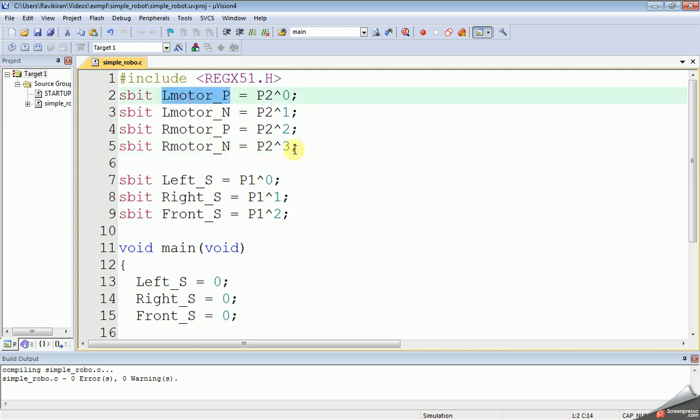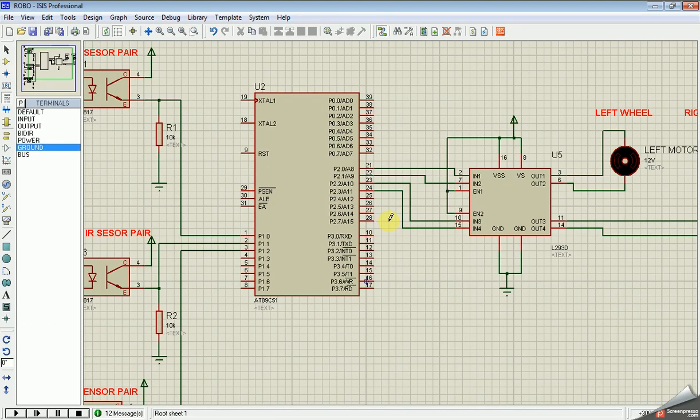To interface two motors, as I discussed in the previous video, we need 4 GPIO pins, which are connected to port 2, pins 0, 1, 2, 3 as shown here, and in the schematic you can see I connected them to port 2.0, 1, 2, 3.